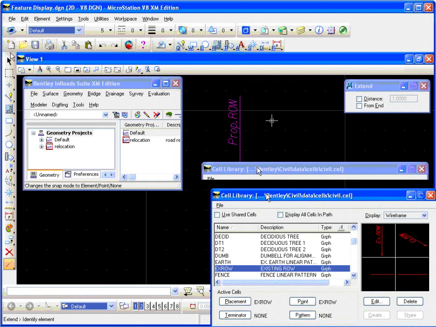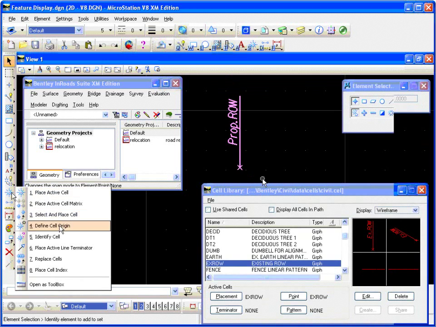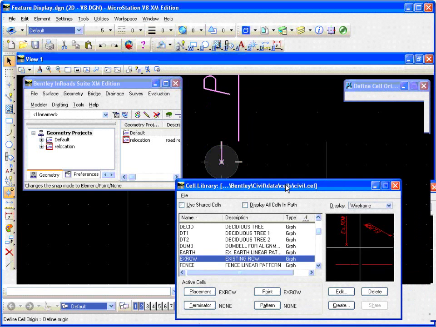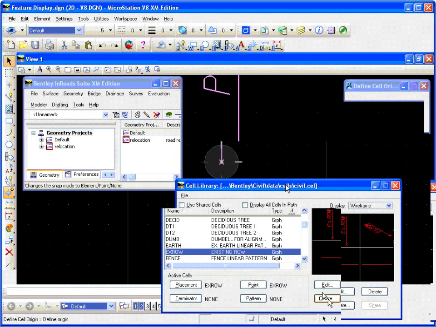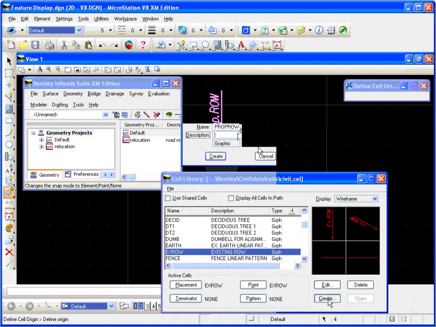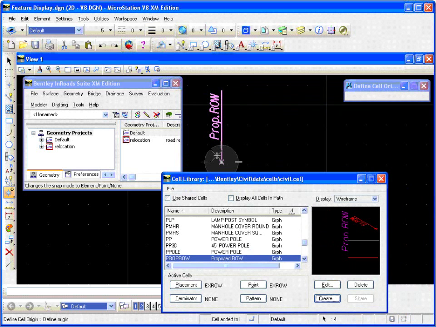And now we need to place the cell origin. So let's just select it all real quick, and we'll come out to define cell origin, and we're going to place it right there. Okay, and now we're ready to create our new cell. So if we come down in the cell library to create, and we'll give it a name of prop ROW for proposed right-of-way, and our description will be proposed right-of-way. And create. And as you can see, we have a new cell in there in the cell library named proposed